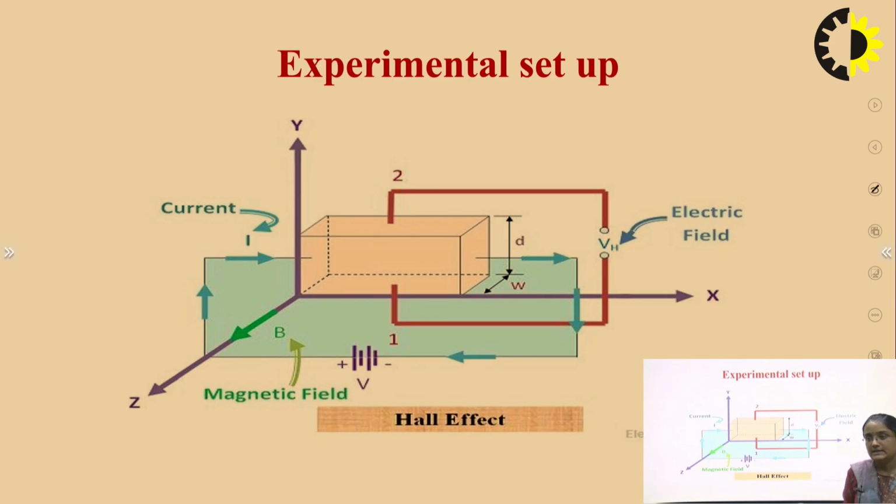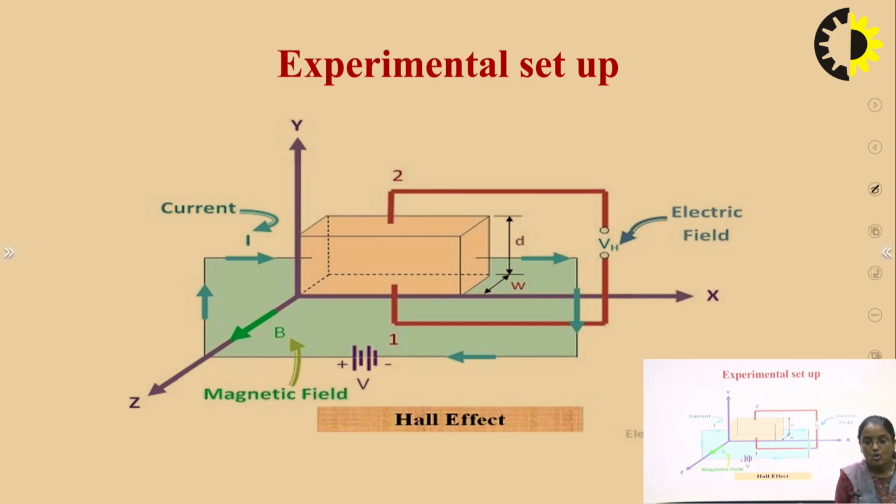So in this experiment, the semiconductor bar is carrying a current I in the X direction, so the electric field that we are getting in the X direction is Ex, and the magnetic field is applied in the Z direction, that is Bz. Whatever electric field is induced, we are naming Ey, that is induced in the downward direction. So due to the induction of this electric field,